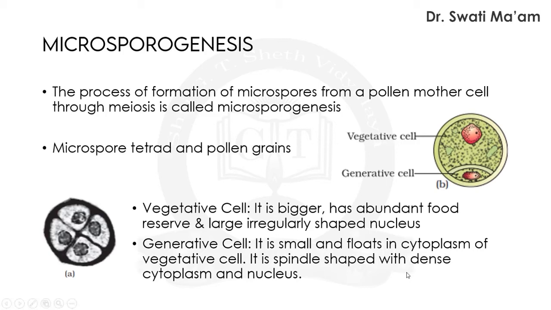During microsporogenesis, the microspores as they are formed are arranged in clusters of 4 cells, known as the microspore tetrad. This is the structure we are talking about. As the anthers mature and dehydrate, the microspores dissociate from each other and develop into pollen grains. In this way the pollens are formed. Inside each microsporangium, several thousands of microspores or pollen grains are formed, which are released with the dehiscence of the anther.